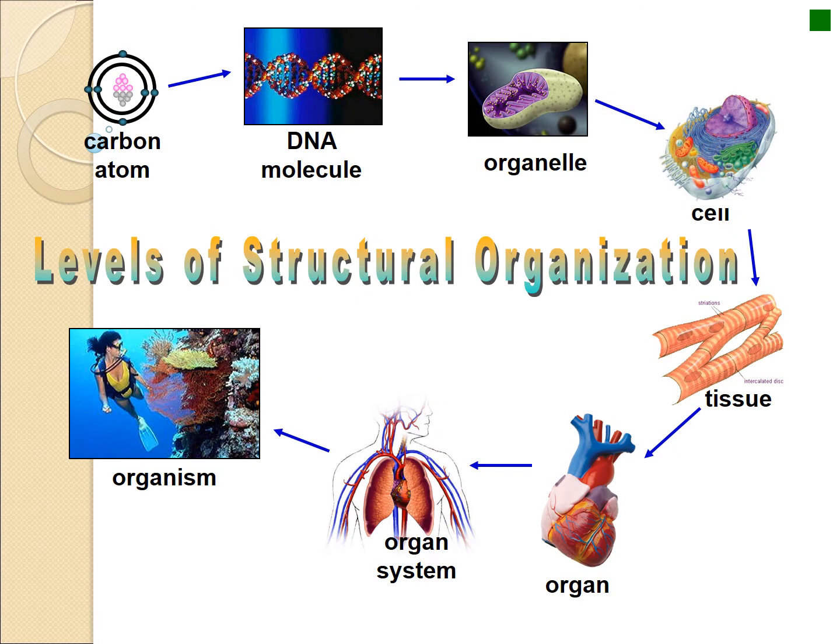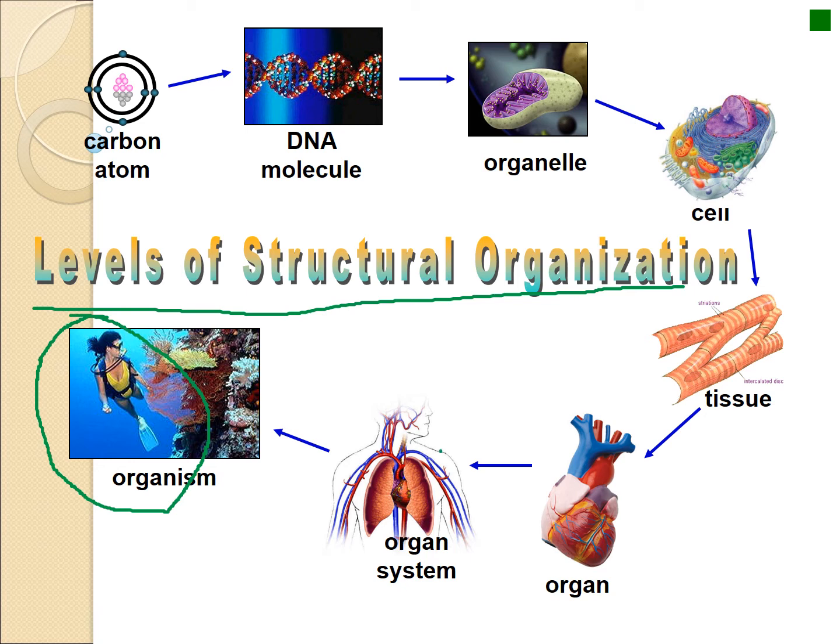So as we start getting into the class, in chapter 1, we're going to look at this whole idea of the structure of the body and then move into what's called the levels of structural organization. So again, when we look at the body, don't just look at the human as a general organism. We've got to think about the organ systems that make us up, and the organs that make up that organ system, and then the tissues that make up that organ, and the cells that contribute to the tissue, because you're going to find tissues are composed of different types of cells, and then each cell contains different types of organelles or different proportions of organelles and different types